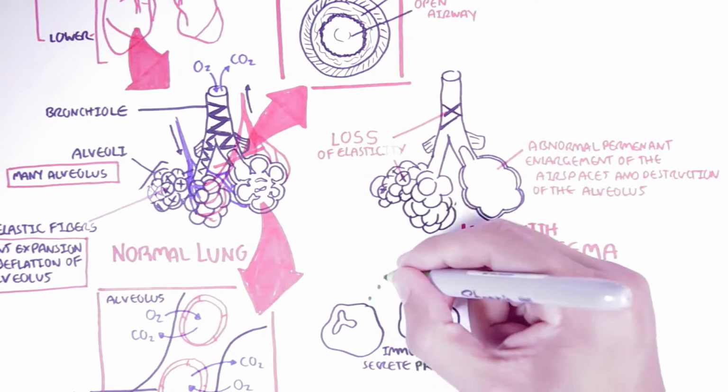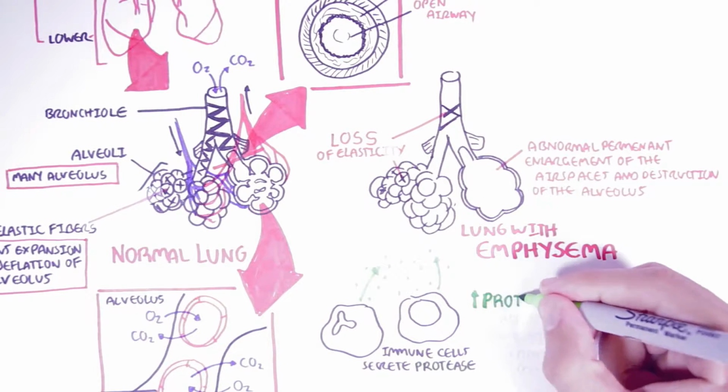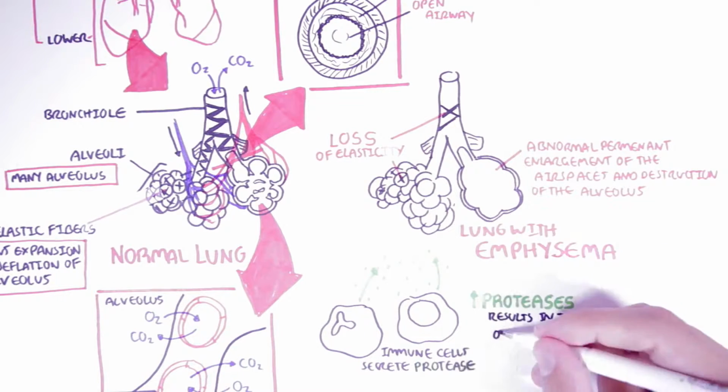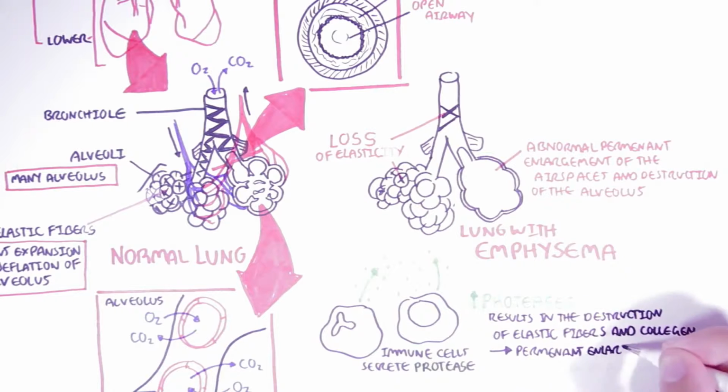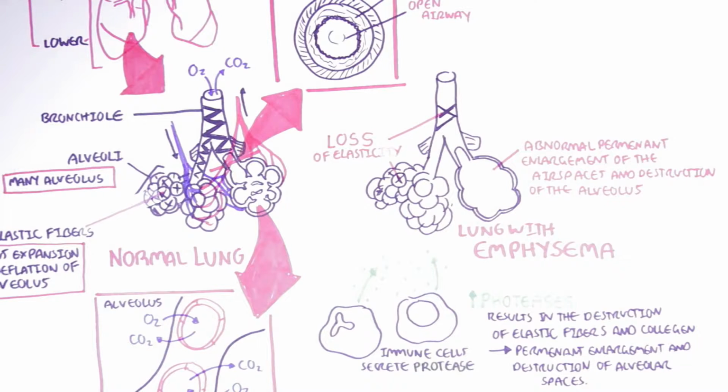And this is all part of the inflammatory response, so it's actually an inflammation. An increase in protease results in the destruction of elastic fibers and collagen, and this will cause enlargement of the air spaces and destruction of the alveoli and the walls. So essentially, protease will cause destruction of the alveoli and elastic fibers. But again, what's important to understand is that the alveoli itself does not enlarge. It is the space that enlarges. So this enlargement in airspace volume will cause some serious symptoms.